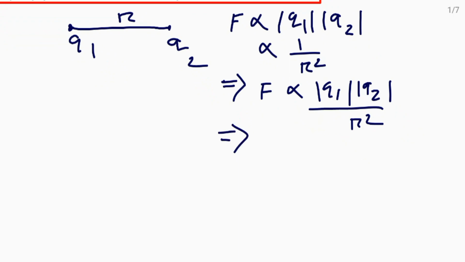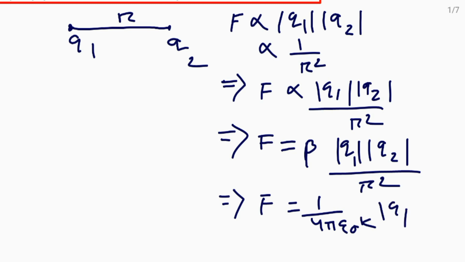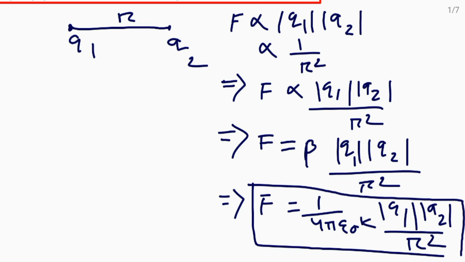F equal to beta modulus Q1 modulus Q2 by r square, where beta is the proportionality constant, and we know the value of beta in MKS unit is 1 by 4 pi epsilon k, times modulus Q1 modulus Q2 by r square. So this is the Coulomb force in MKS system when 2 point charges are separated by a distance r, and where